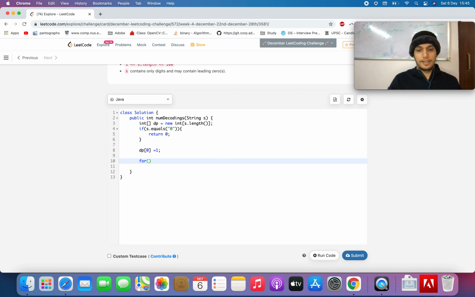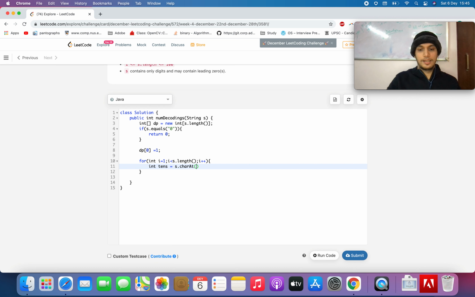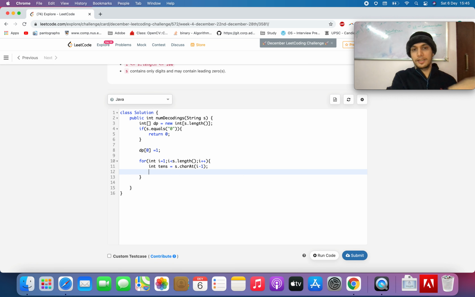So let's start the iteration. i equals 1, i is less than string dot length, i plus plus. Let's extract the tens character. The tens character would be equal to s dot char at i minus 1. So we are trying to form the number here using the current character and the previous character.